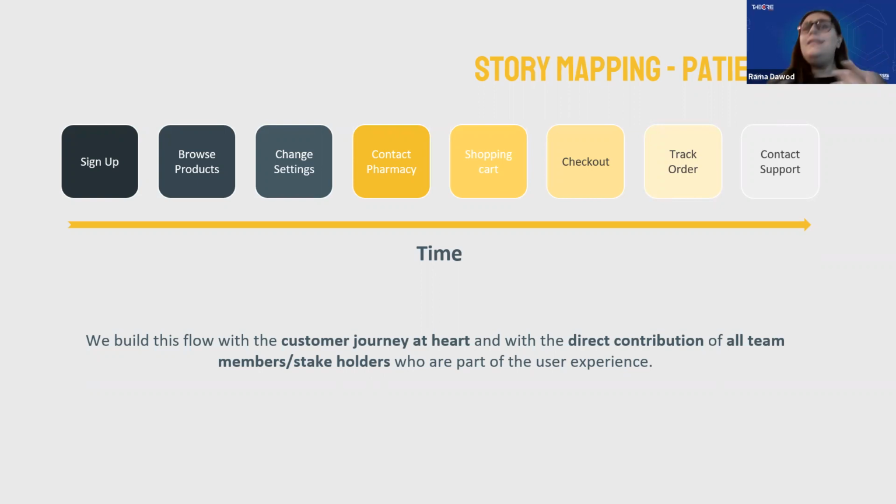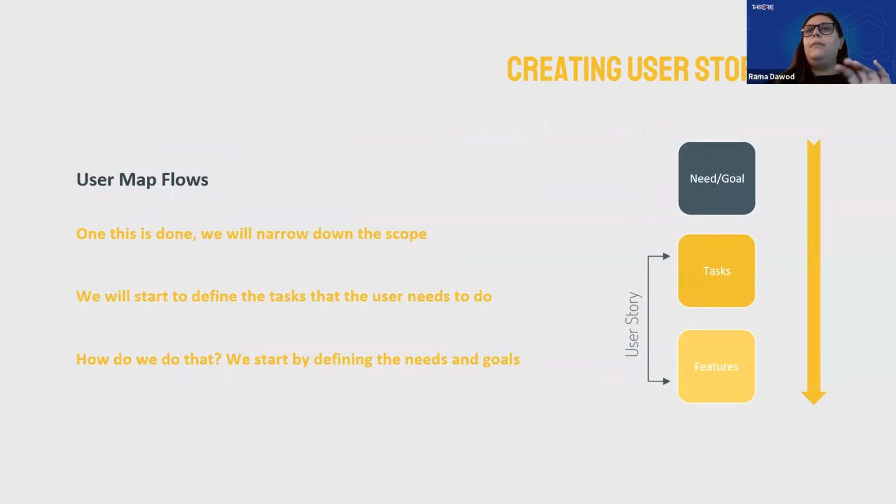So in this case, we established this as the backbone. These are the main areas that the customer has to go through as a user journey. Okay, and by starting here, we can go into building or understanding the needs for each area and the tasks and the features that will go into each of these areas, how to narrow down these areas into specific tasks